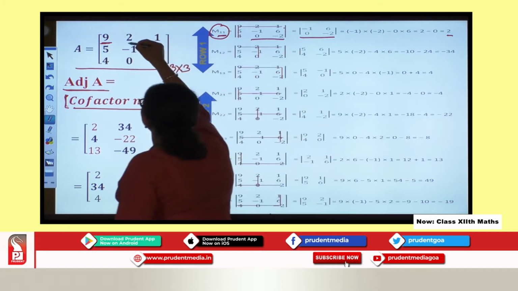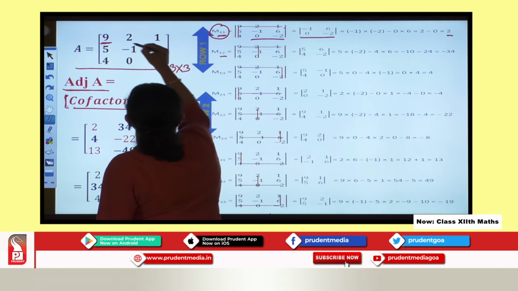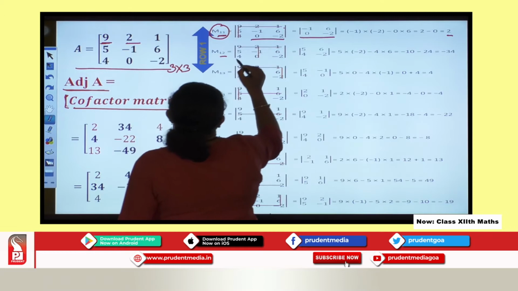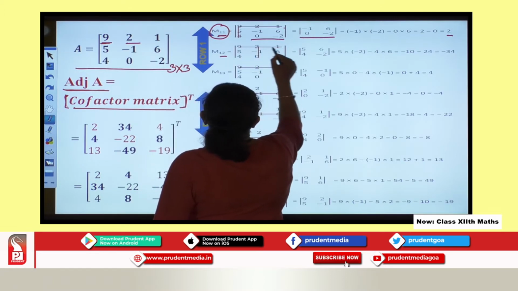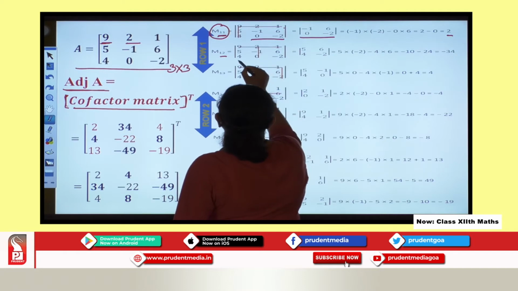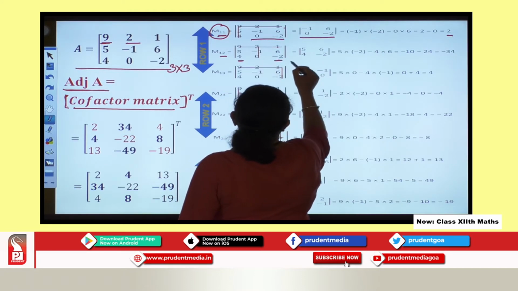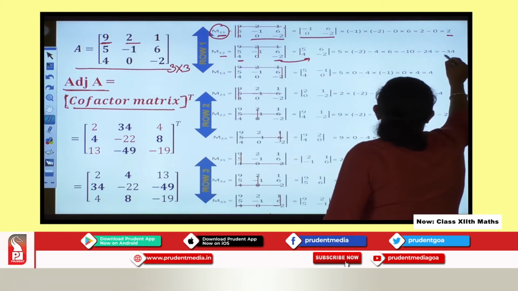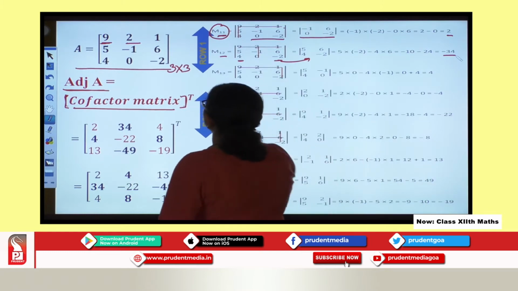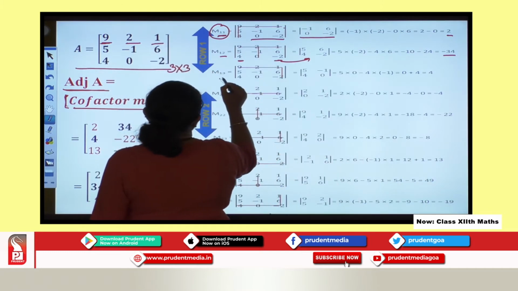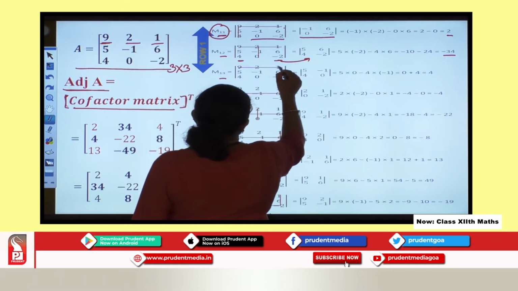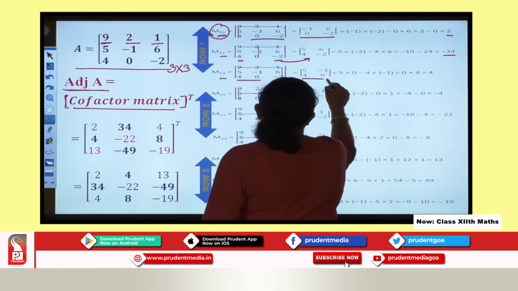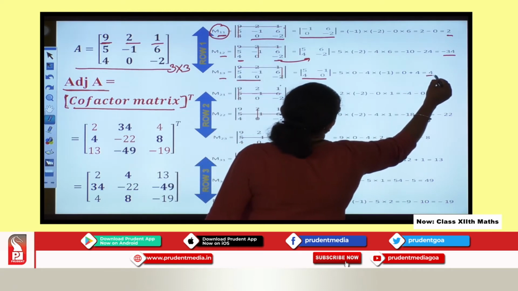Now let us talk about the second. Now you can see 1, 2. The position is this 1, 2. So I am now finding the minor of this. What I do now is delete the first row, second column. You can see, you can get this. Okay, I write it in determinant form. When I expand, I get this as minus 34. Okay, in a similar way I proceed for 1, 3. I delete first row, third column. So you can see this. I am writing it in determinant form and I am getting the answer 4.